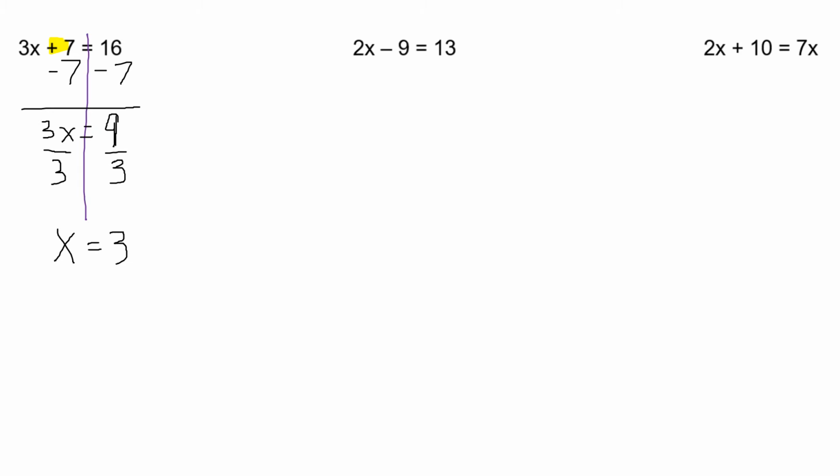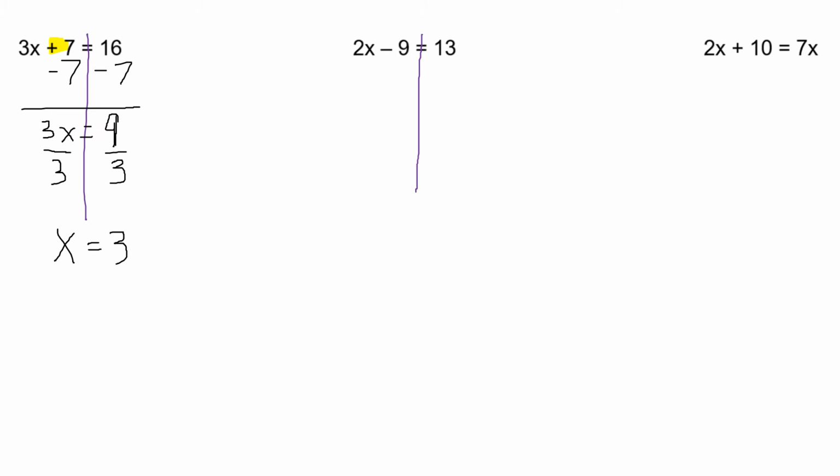For our next one, we have 2x minus 9 equals 13. Again, draw your line down your equal sign if you need to. And we have 2x minus 9 all on the same side. So we're going to work it just like the last problem. We're not going to worry about that 2 yet because we don't worry about coefficients until after we've combined all of our